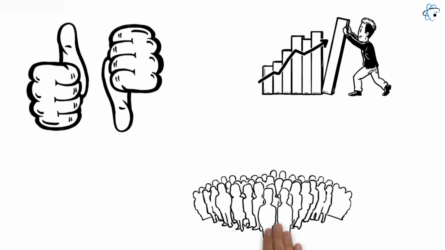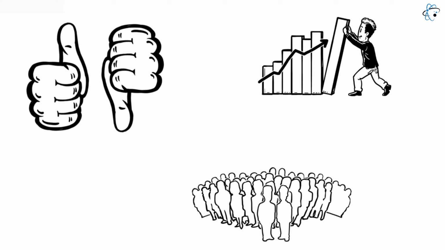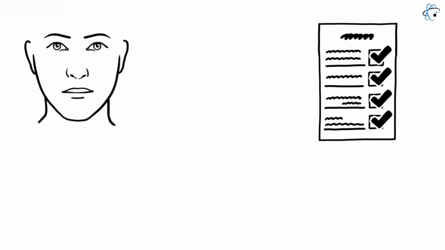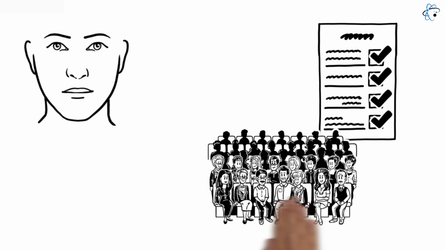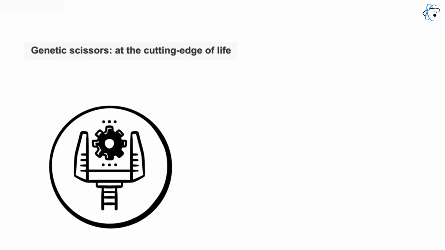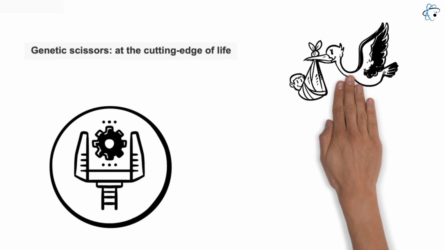While some argue that genetic engineering could be used to eliminate genetic diseases and improve the lives of children, others argue that it could lead to the creation of a society with genetically enhanced individuals who are perceived as superior to others. Indeed, the notion of designer babies, where appearance and characteristics can be determined in advance, is still widespread among the public. The assumption is that a pair of genetic scissors will make the appropriate changes in the egg and that the baby will be delivered, tailor-made, 9 months later.